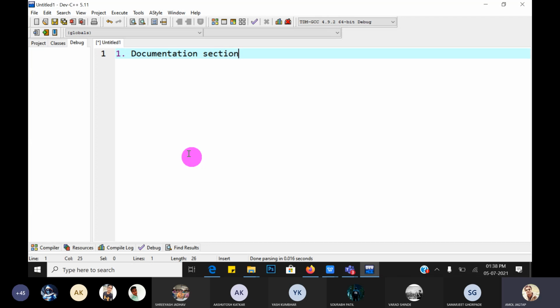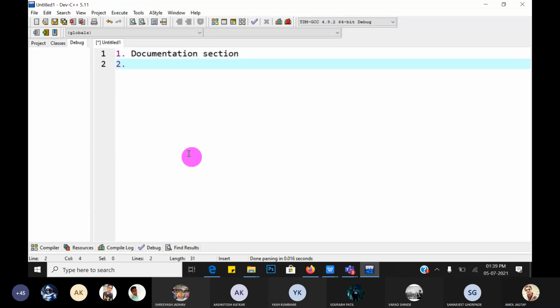When we write our source code program, we first write the documentation section. What do we write in it? What the program is about, what the main aim of the program is, and who developed the code, the author name. That is all mentioned in the documentation section.